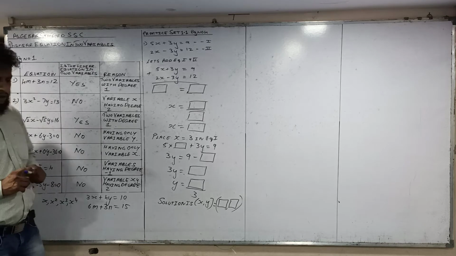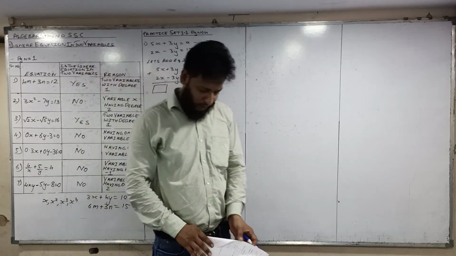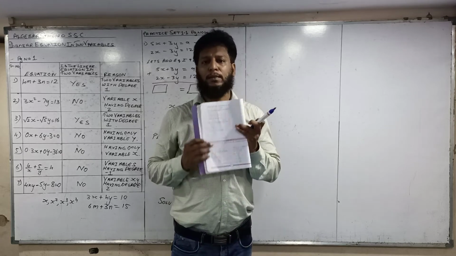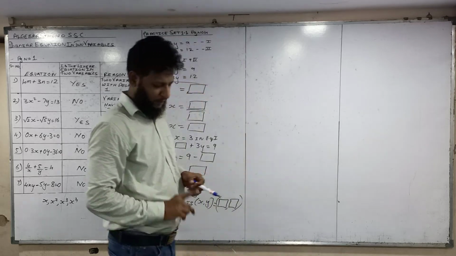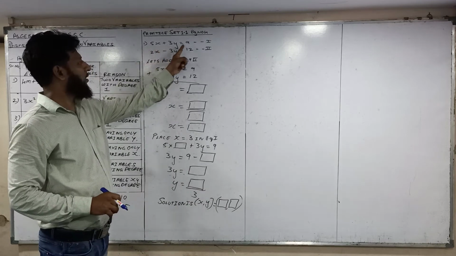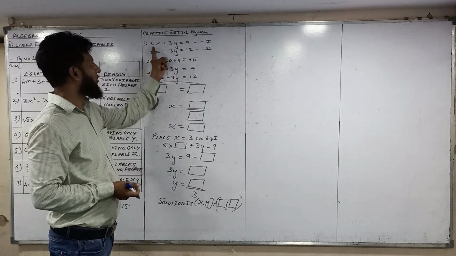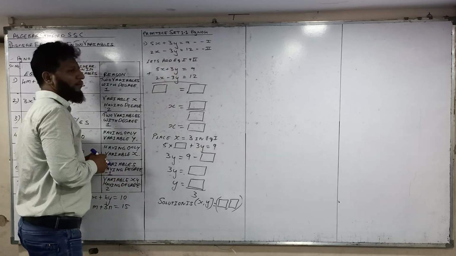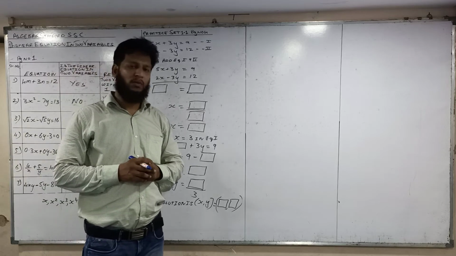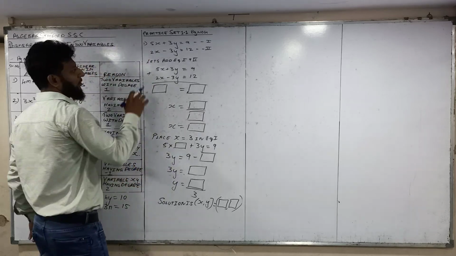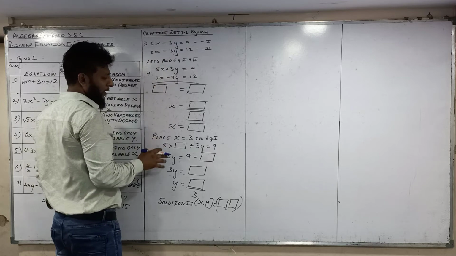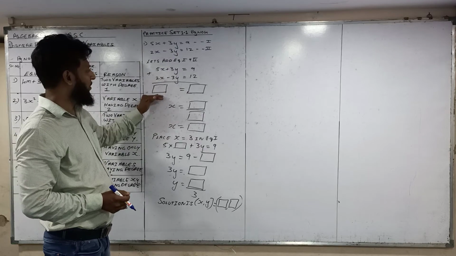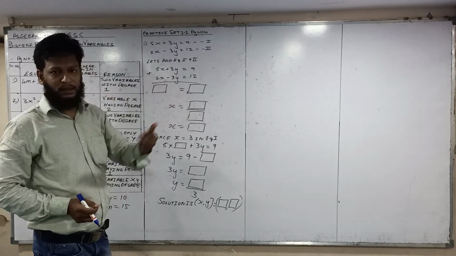Now come to Practice Set 1.1 on page number 4. Now see. The equations given are 5x + 3y = 9. This is a linear equation in two variables and this is also a linear equation in two variables. We have to find the values of x and y. In the textbook, the question is fill in the blanks type. I have already written this question. We will just fill in the blanks, then we'll start the next sum.